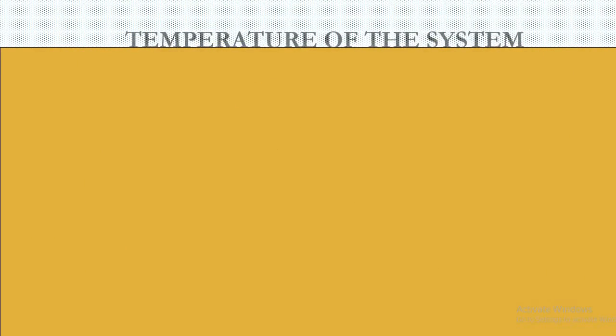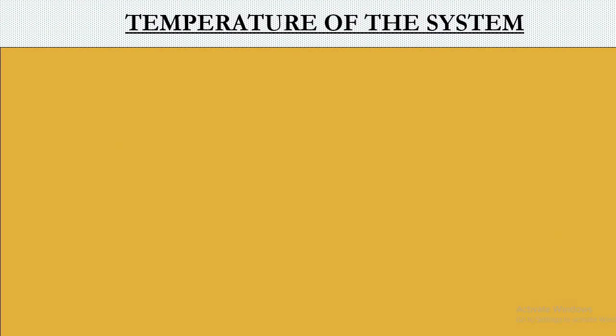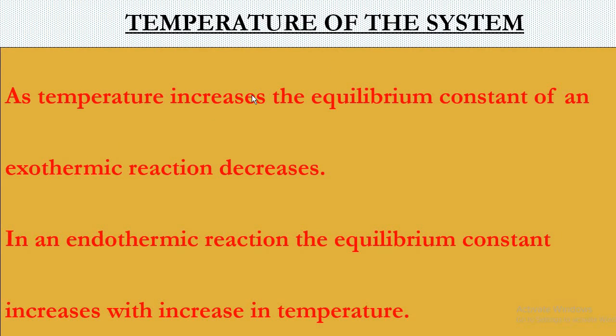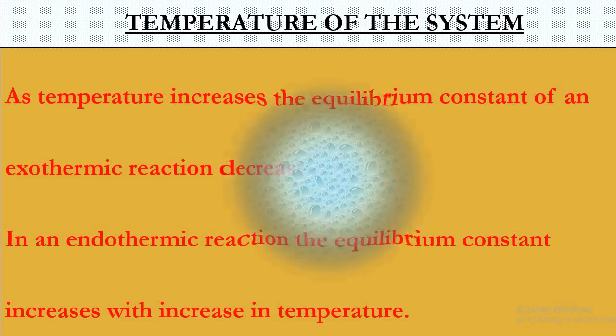Our second condition is temperature of the system. If there is an increase in the overall temperature of the system, the excess amount of heat will be given to the environment. And if the reaction is of endothermic nature, the excess amount of heat will be absorbed within the system. So the increase in the temperature has an impact on equilibrium of the chemical reaction. Similarly, if there is a decrease, it will also affect the overall equilibrium rate.